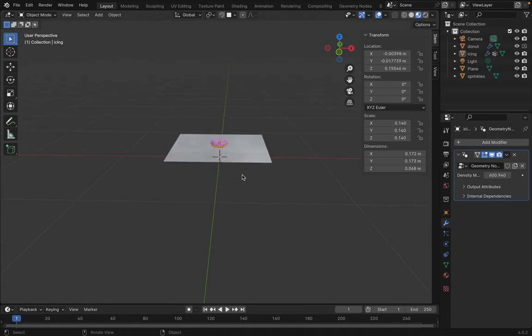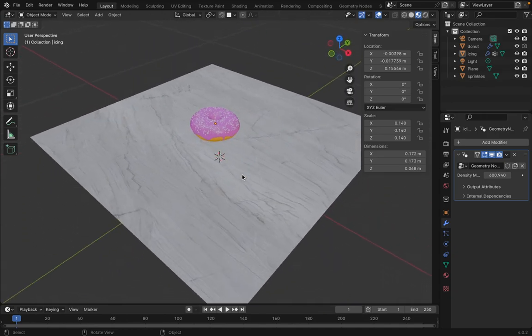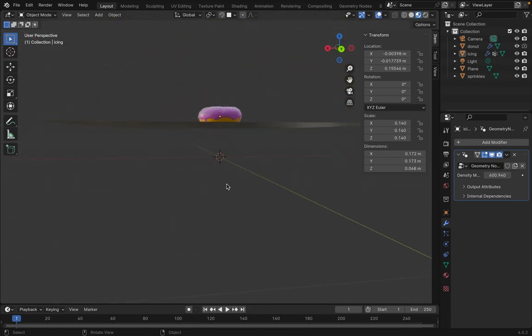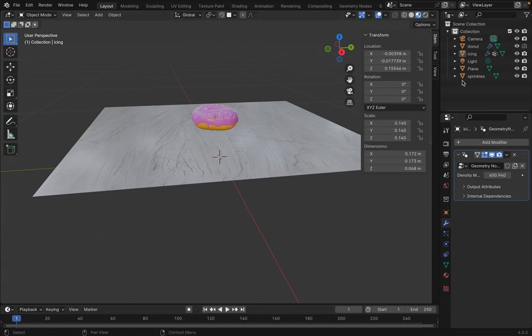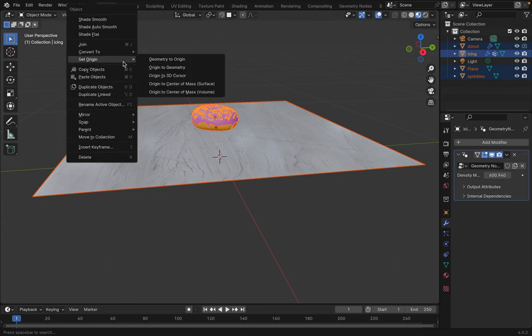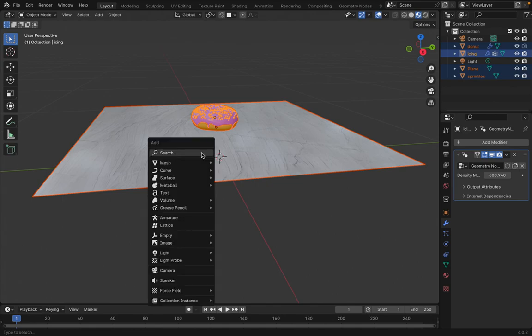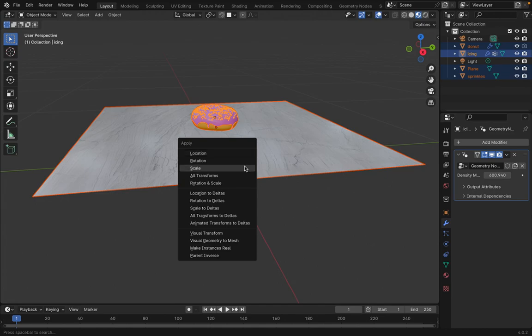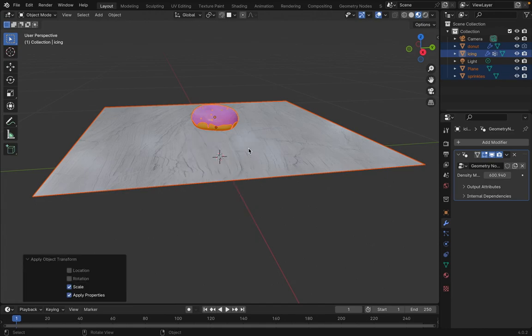Okay, we zoom in again, so everything's as we wanted it to be, but we need to apply what we made now. We select everything, we apply it, Shift A, no, not Shift A, we say Ctrl A, apply, scale, now it's applied. So we go to our sprinkles density, maybe make it